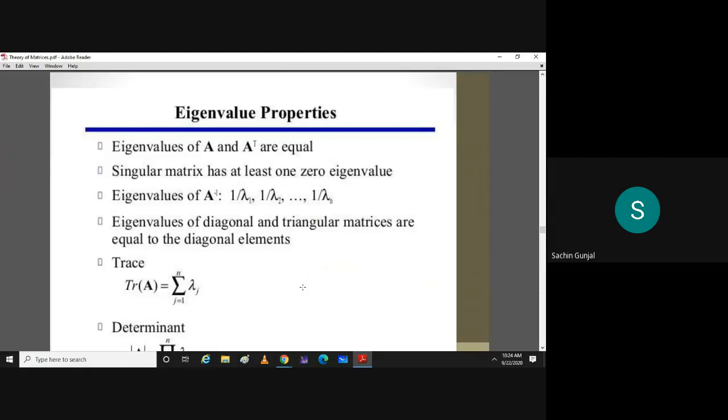Please note this down because these questions can be asked in MCQ. Now, eigenvalues of diagonal and triangular matrices are diagonal entries only. You don't have to actually calculate it. Don't add them; you pick up those entries only.